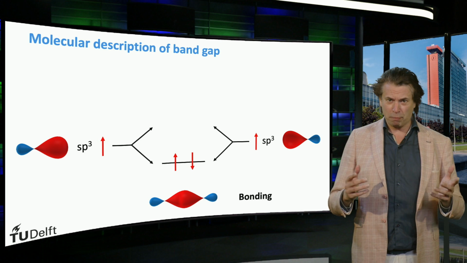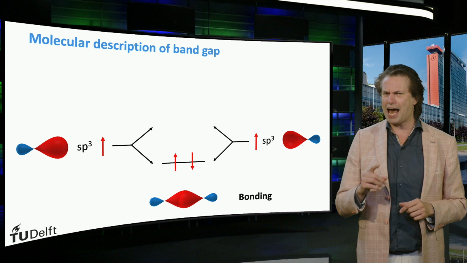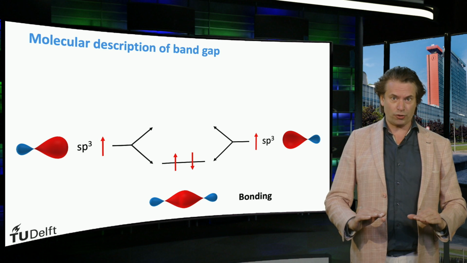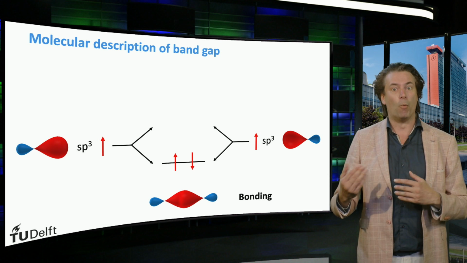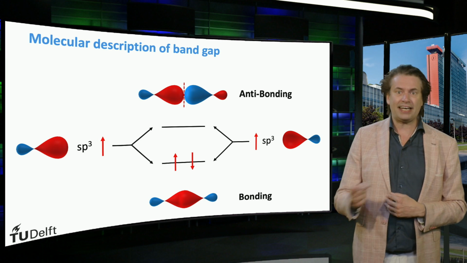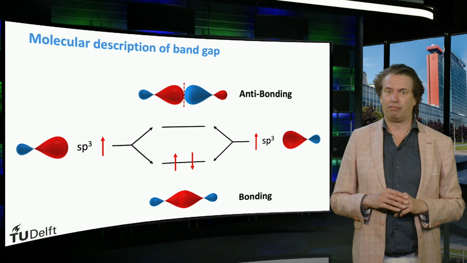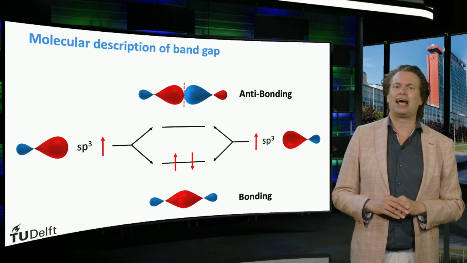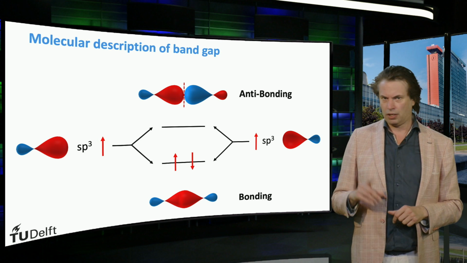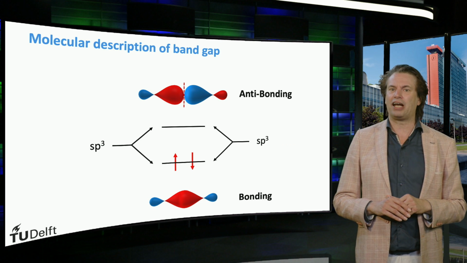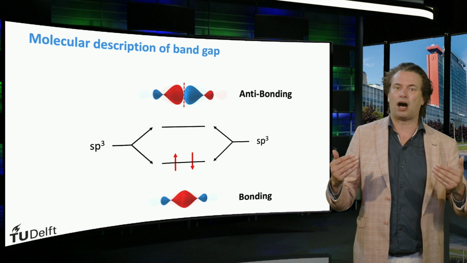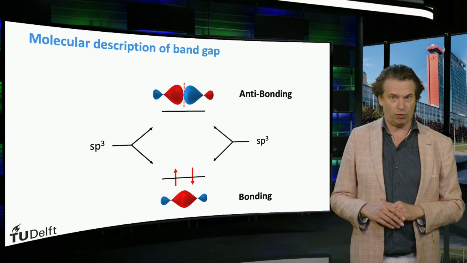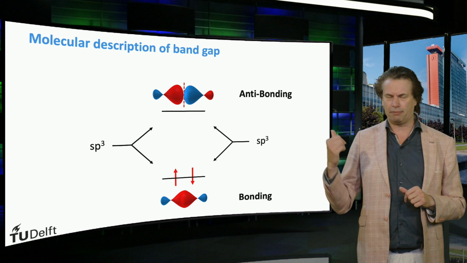This bonding state represents the attraction between the silicon atoms and the creation of a bond. The energy level of the bonding level is lower than the original sp3 level and therefore more stable. The second, higher energy level is called the anti-bonding level. The energy level is higher than the original sp3 level and therefore electrons do not prefer to fill this state. Another important aspect of bonding and anti-bonding levels is that the closer the 2 neighboring atoms are together, the larger the energy splitting between the bonding and anti-bonding level will be. This is demonstrated in the animation next to me.